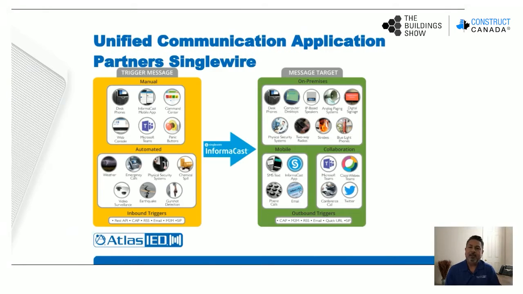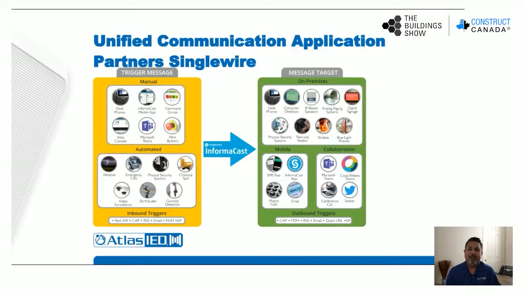Now that we know the ability to attach IP endpoints into an existing unified communication ecosystem is super ideal, because again, you're going to leverage that infrastructure and level the communications on that standard Ethernet protocol. The question is, how do I maximize the communications in this UC environment? That's done by collaboration partners that provide applications to increase the types of communication in these environments. On the screen here, you're going to see an example of a partner called Singlewire that develops a product called InformaCast that will increase the communications to meet the client's requirements.